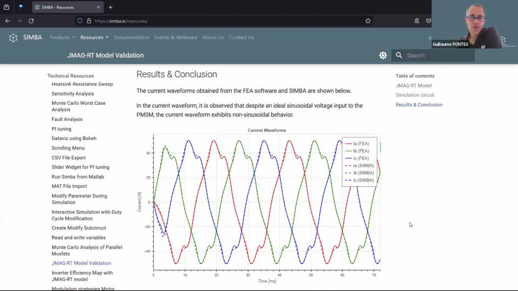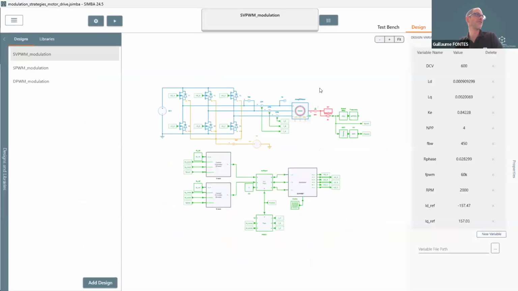Yeah, I'm not sure because I'm not a JMAG expert, but I think these losses are taken into account in the magnetic losses and the iron losses in Simba. And if I remember properly, they can be spatially resolved. I've seen this in the option of